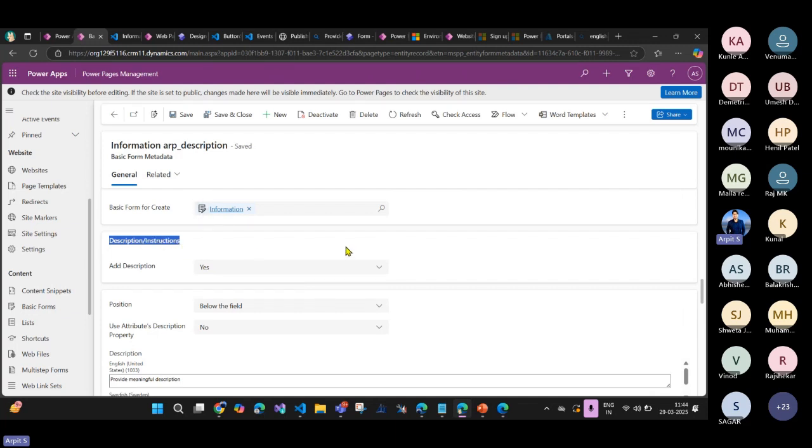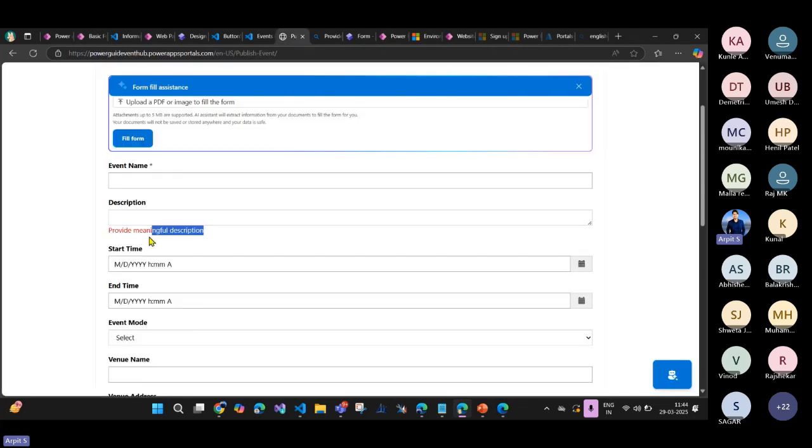This feature basically allows you to put an additional message, some instructions that help the user fill the fields or the forms. For example, I have just put in a description, provide meaningful description for the event, something like this. And I want, not only on this field, wherever I provide the description, to change this color